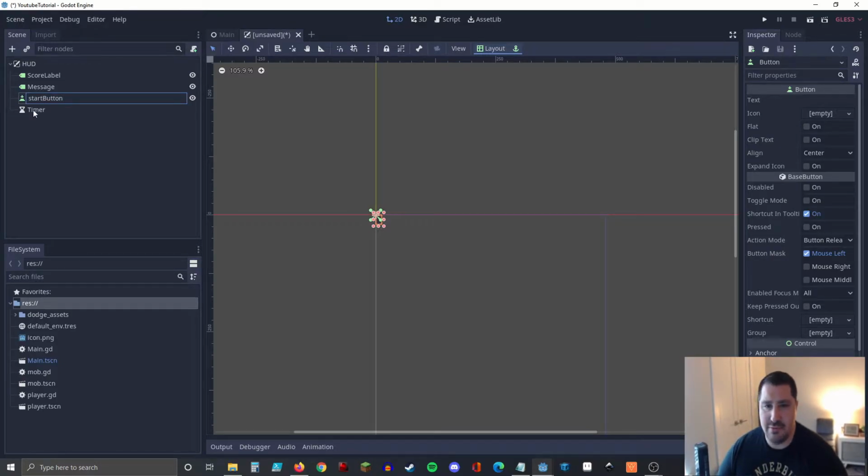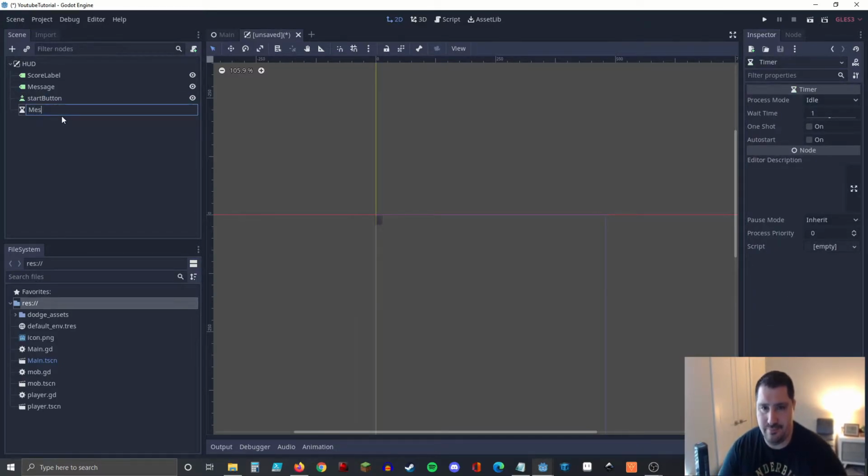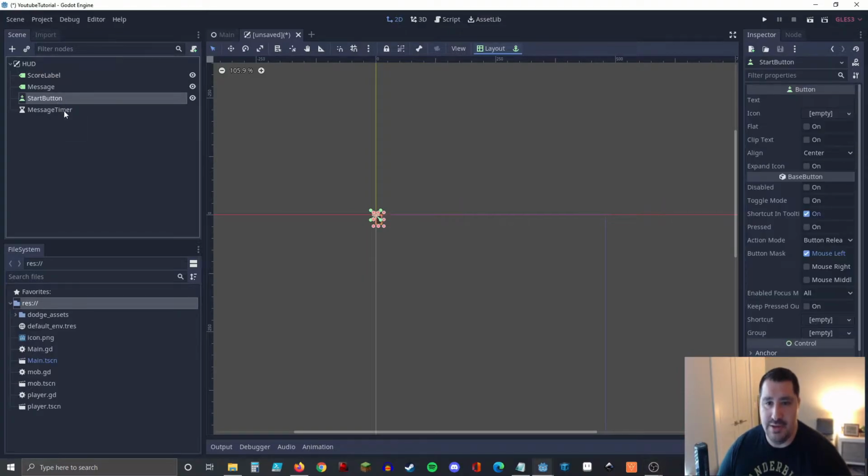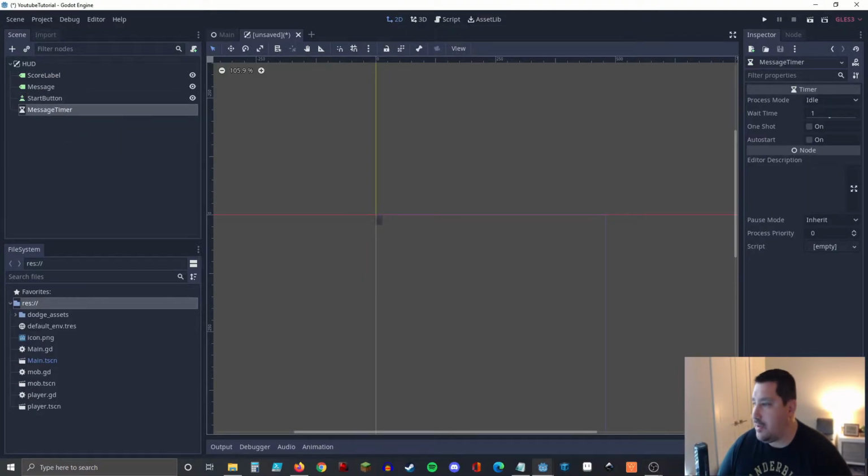And the timer will be message timer. Okay guys, so we have our 2 labels made, named score label and message, and then our start button and our message timer. Next thing we want to do, let's see, it's going to have us add the custom font